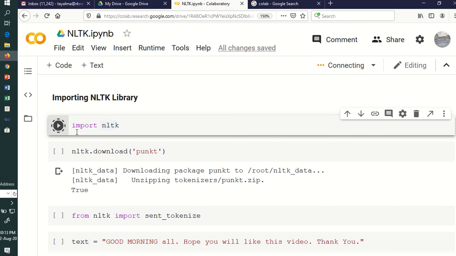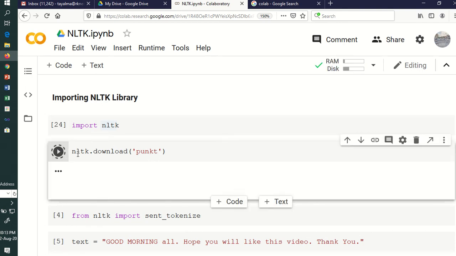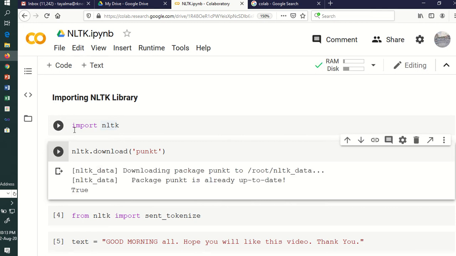Once you run it, you'll need some time for that. After import nltk, we are using the tokenization task, so you'll need one more package of NLTK, that is punkt. So you run it, and now my statement is executed and I got True returned also.